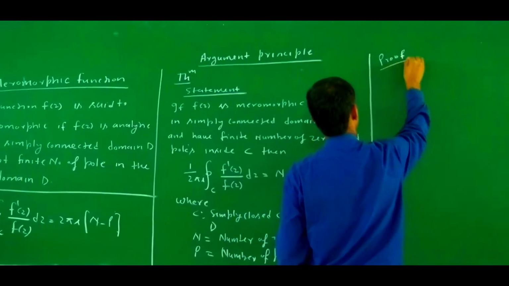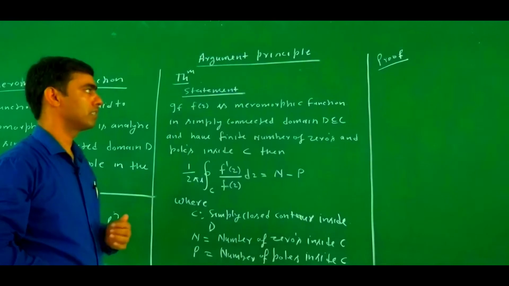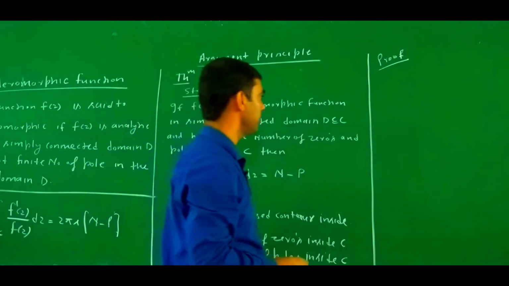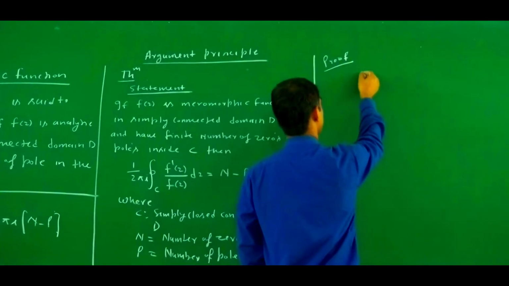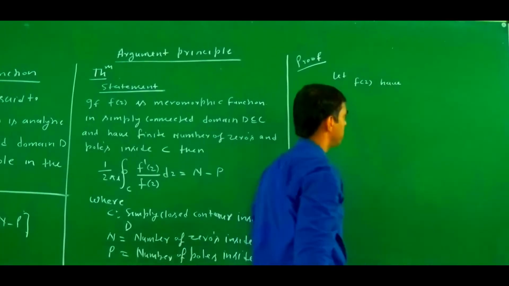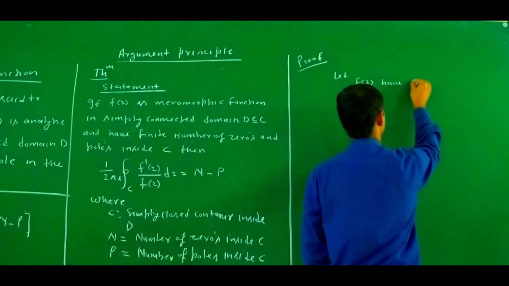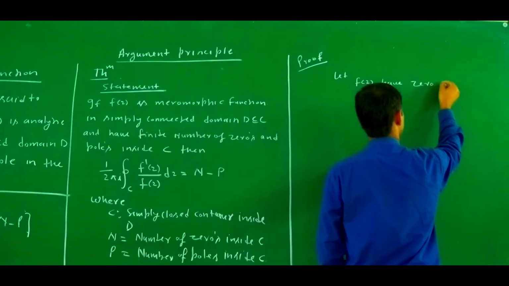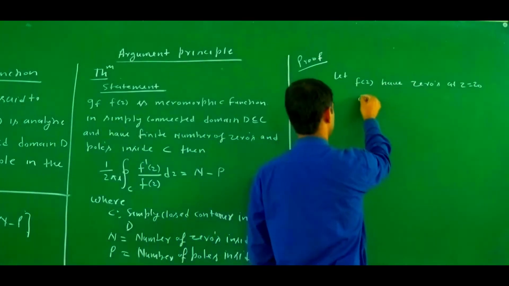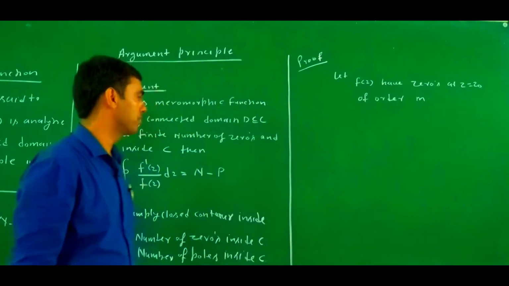So the proof of the theorem. Here, as you know, f(z) is a meromorphic function, so it is analytic in a simply connected domain. Let f(z) have zeros at z equals z0 of order m. Because there is a finite number of zeros,